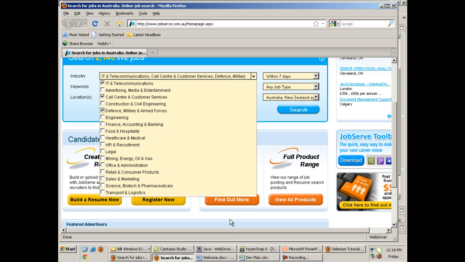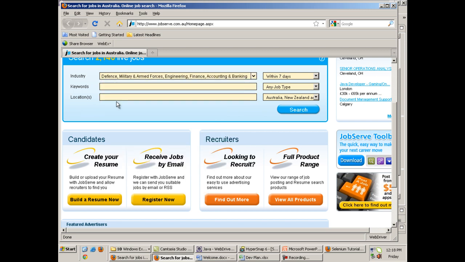Now there's a homework for you. The exercise for you is that you have to select on the basis of this text. That is, in the Excel file this text will be written, and on the basis of that text you have to select the checkbox. This is the first exercise.